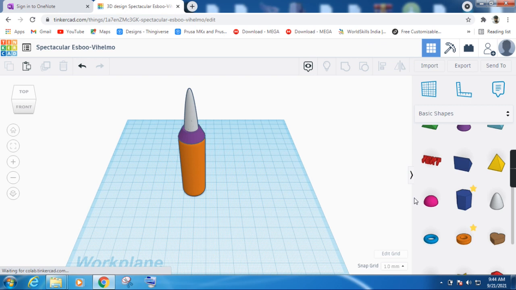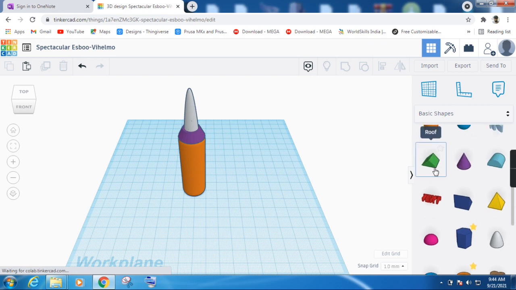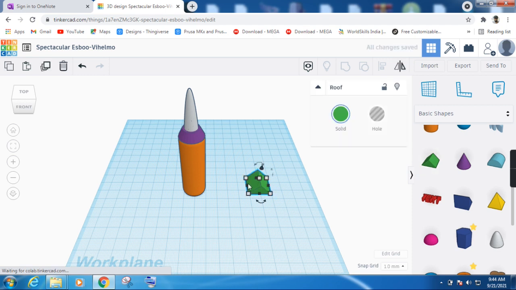So now what I will do next, I will go down and look for a roof, and I'm going to bring the roof into the work plane here and place it. Now on the left side, I will click here in the white color box, and you see the 20. I will change this one to 5 and press enter. Now I will click again, and you see this two-face arrow, I'll hold it and rotate it. Let me rotate once again. Let's say 135.